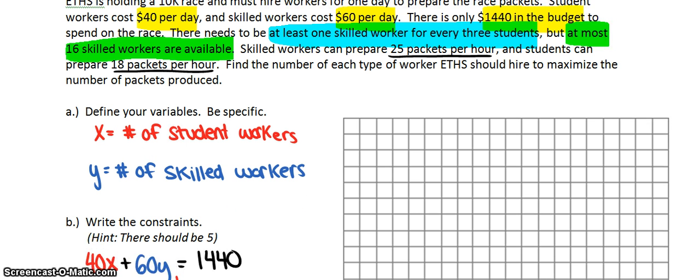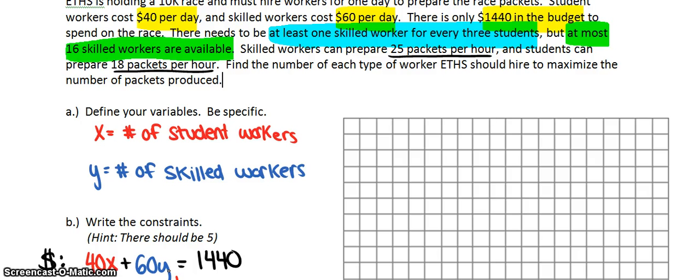Okay, so for everything I highlighted that has a common theme, there should be an equation that goes with that theme. So the first theme is money. I only have $1,440. There should be a constraint that uses this and the other money equations. So if I take 40 times X, that'll tell me how much I have to spend on student workers. So $40 per student. 60Y is how much I'm spending on skilled workers. Okay, so this common theme is money here. Now, I've set that equal to $1,440 because I only have